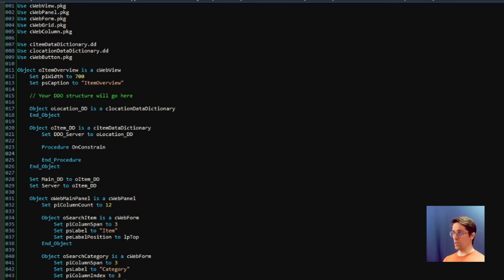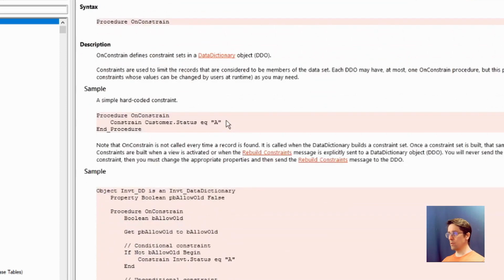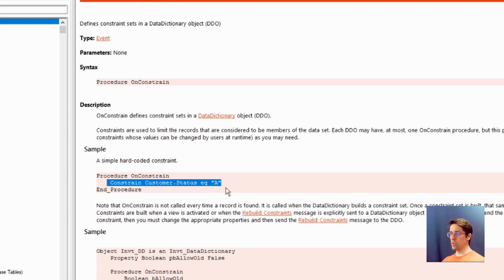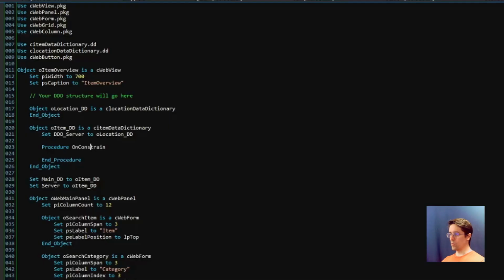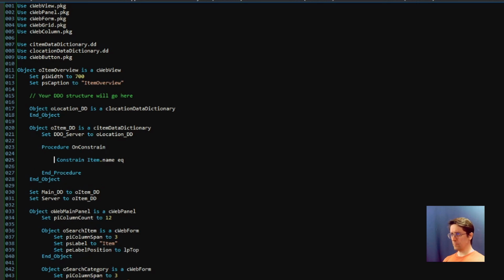And here we can actually add some constraints. So we're going to start with the item. And why not have a look at how you do that in the on constraint. And here you can read a lot about how you can do constraints. So in procedure on constraint, for instance, we could copy this. And in this case, we want the item dot name to be equal to is name,